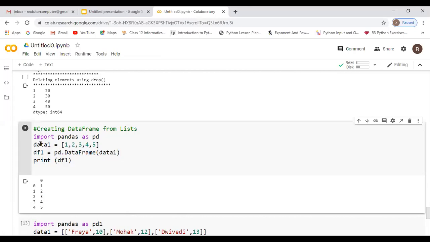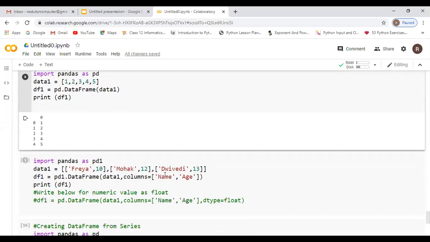I created a list, and from that list I am creating a data frame. So 1, 2, 3, 4, 5 is my values, and this 0 is there by default automatically. Wherever you create a data frame from a list, you will get this name. If you want to name it, you can. If you don't name it, the default will be taken as 0. And here this 0, 1, 2, 3, 4 is your index. This is what we said about n minus 1, because it starts with 0. So this is the way of creating a data frame from a list.